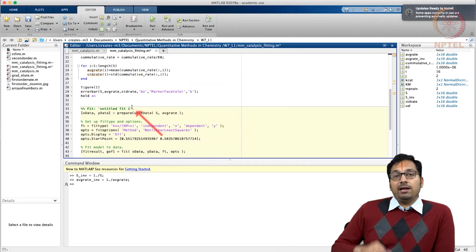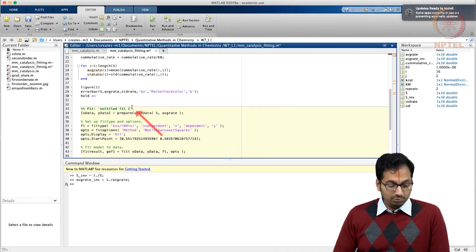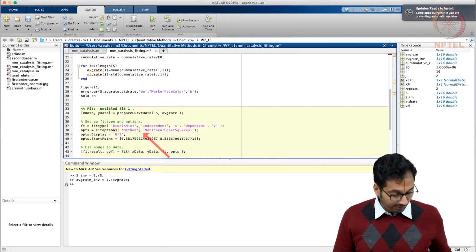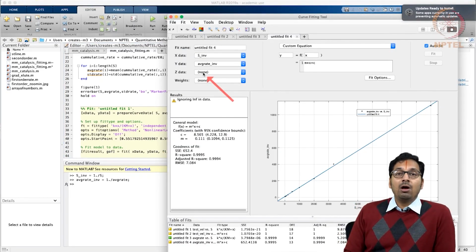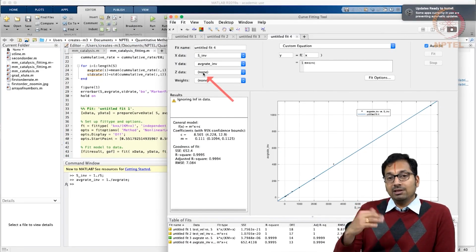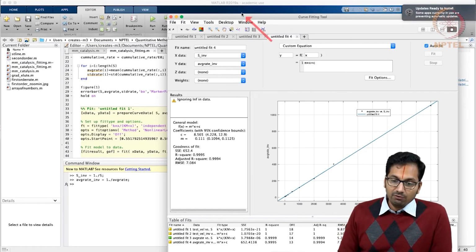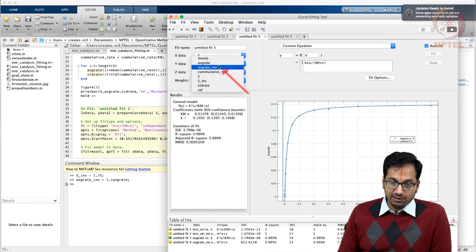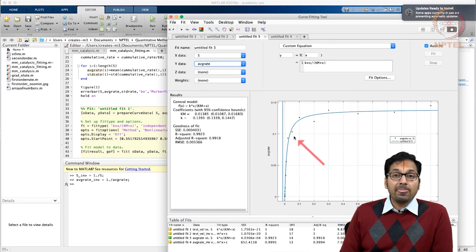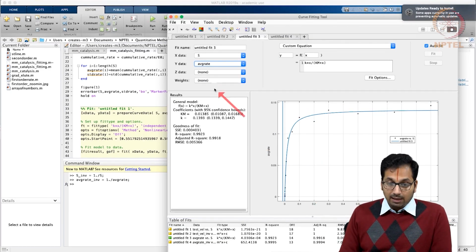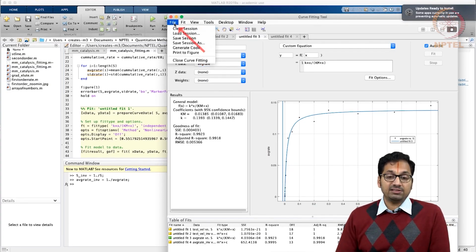The same thing that we did in the curve fit tool can be done in terms of the command prompt as well. So I would like to show how MATLAB could be used for us to even write code, although we are not knowledgeable in generating code. For instance, let's say you have this code that you ended up fitting the average rate. What one could do is go to this file menu up here and then say generate